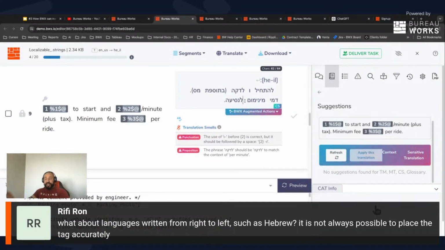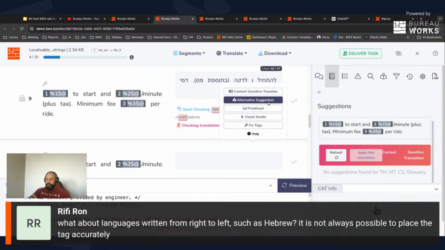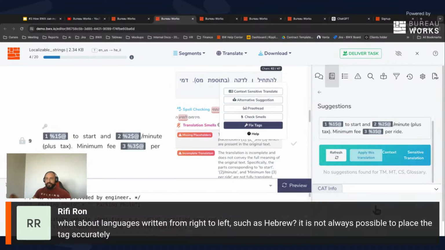And by the way, I don't speak any Hebrew, all right? So I just delete the tags in here. Let me also remove this. Okay, now we have this feature which is called fixed tags. Fixed tags is not just adding the tags to the context, it should be adding the tags in the right position as well. But let's see how that goes